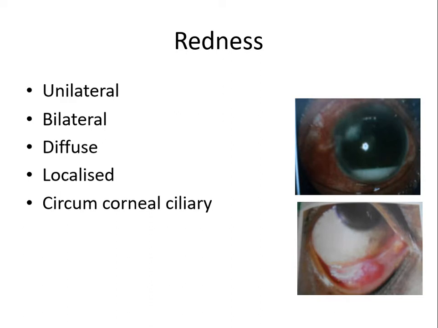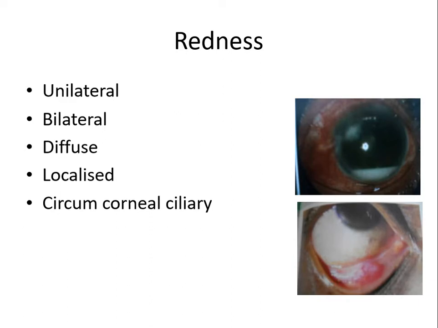Unilateral redness will occur because of local causes to that particular eye only. Bilateral redness will occur in contagious conjunctivitis. Whenever there is an epidemic of conjunctivitis in the city, the patient will be coming with bilateral redness of the eye. If the redness is unilateral, limited to one eye, the causes could be foreign body in the eye or ulcer cornea in the eye.